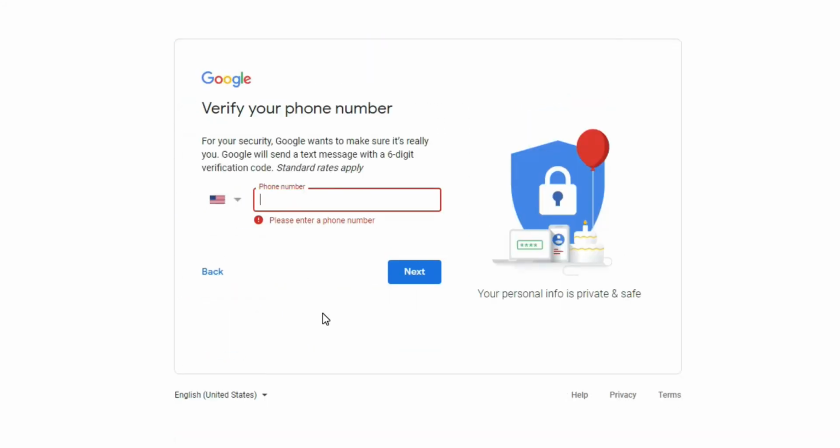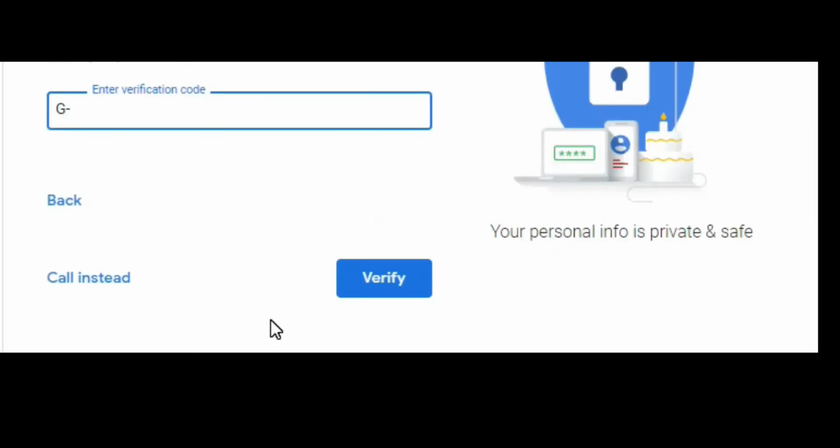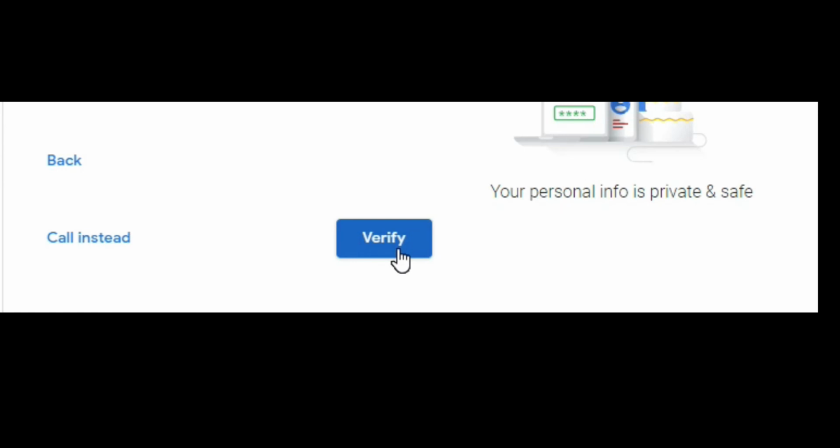Now it is asking you to enter a phone number. If you click next here, it will constantly complain till you enter a phone number. This is how they can check to see if it is not a robot or somebody else who is trying to create an account. So they will send you a text message with a verification code that you will enter for them to verify that you are a legit user. After I enter my verification code,